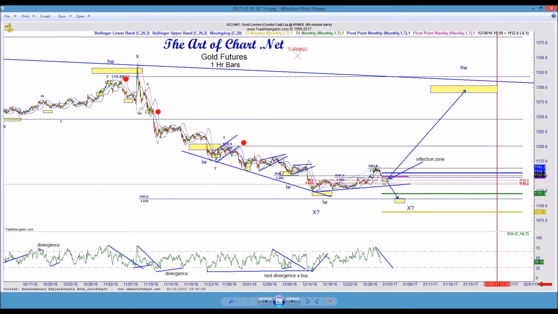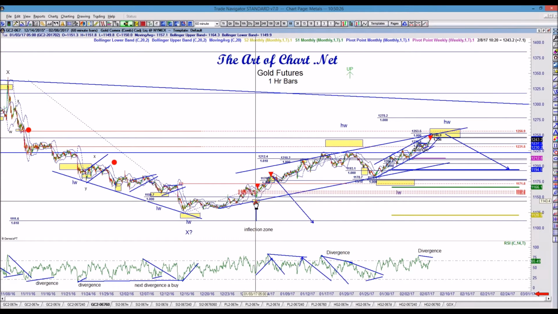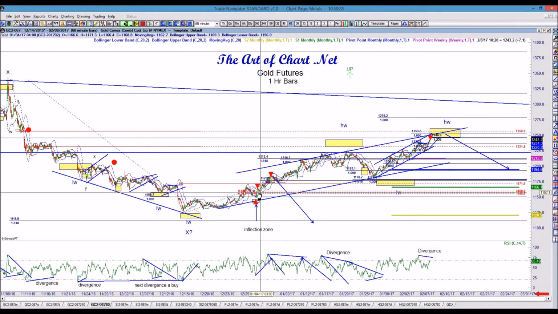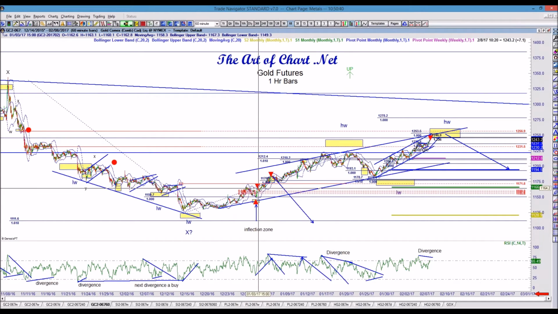Now, we posted this chart on the 1st of January, and we posted the blog post on the 2nd of January. So the 3rd of January came, and let's take a look at the real chart. Here is the inflection zone that I mentioned, and we came right down into the area. This chart I believe has rolled, if I'm not mistaken. Yes, it has. Bottom line is we got into our entry, and we got out almost immediately